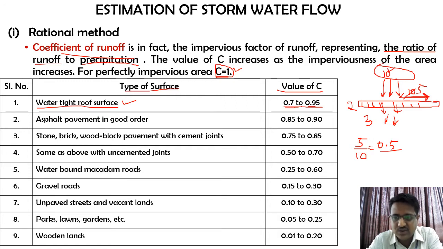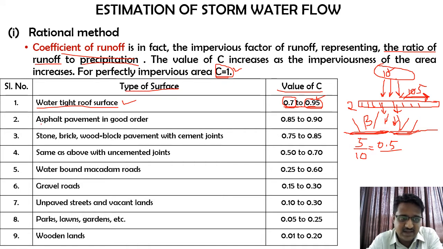If a proper slope is given, then your runoff coefficient will be more. But if the slab is, let us say, like this, at that point of time there will be some small storage of water which may happen on the roof slab, and the same will be evaporating in due course of time. So that's why this will vary from 0.7 to 0.95. So based on that condition, they have given us a range for this.